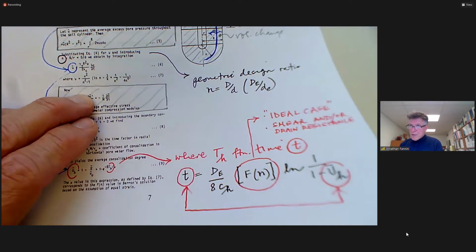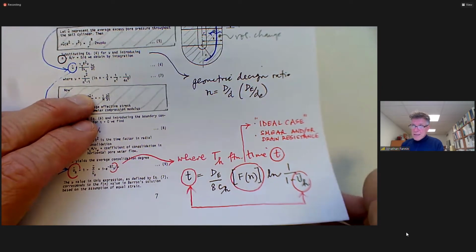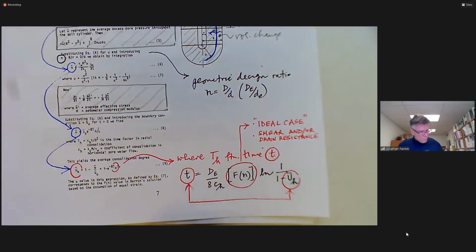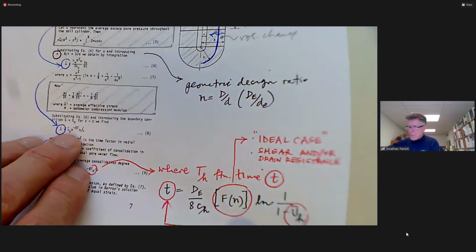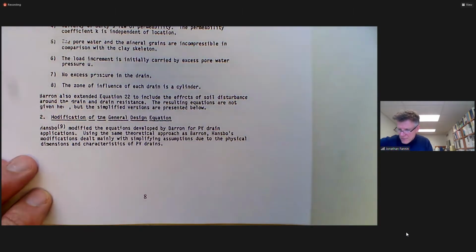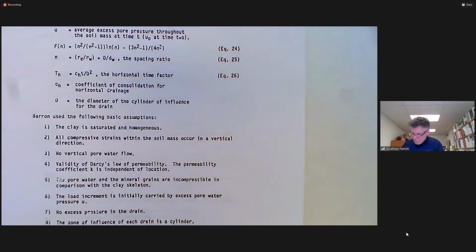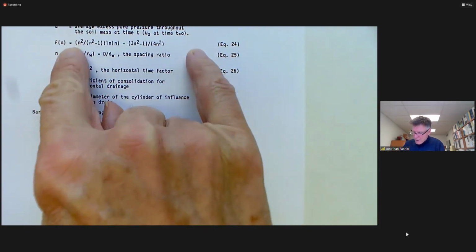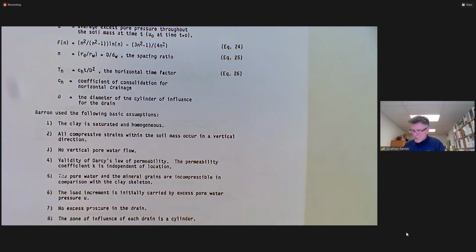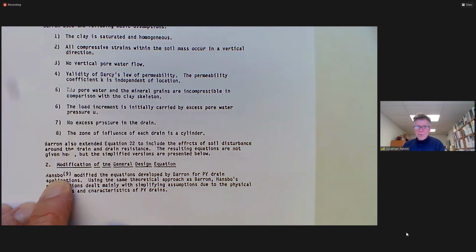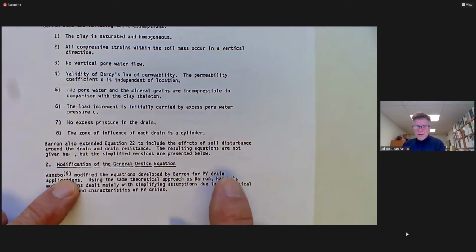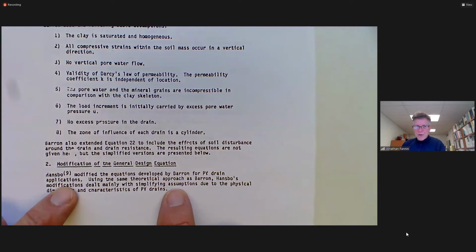So in terms of the learning objective of the origins of it, were we to go back to Barron's work, this is now returning to Barron's work. There, this is following on the description of the original work, but here's Hansbo. Hansbo modified the equations developed by Barron for prefabricated wick drains using the same approach, but his modifications dealt with